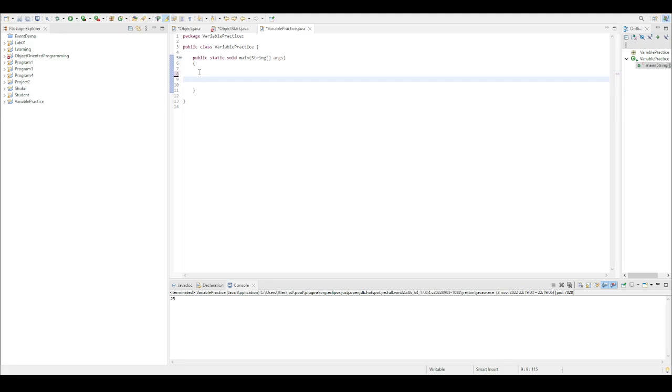Now for strings, what we have to do is we have to do string, and we have to give it a name, maybe name equals, and then strings have to go in quotation marks. I will give it the name of Forza, end statement. So now here, system.out.println,